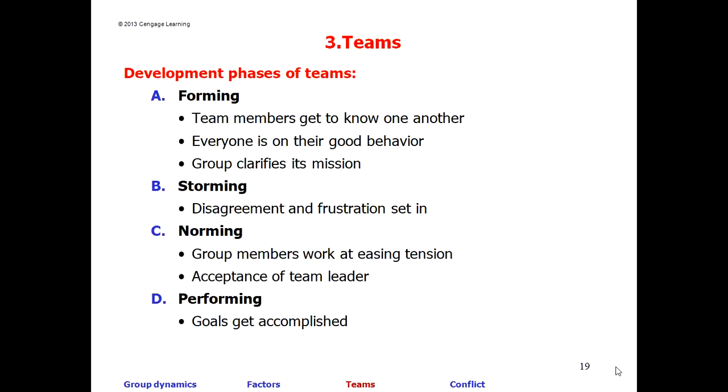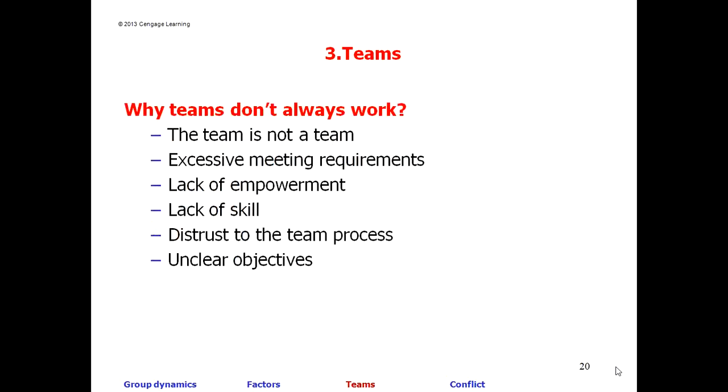That is, forming: a team is forming, team members get to know one another, everyone is on their best behavior. Group clarifies its mission. Storming: disagreement and frustration set in. Norming: group members work at easing tension, then acceptance of a team. Then performing: goals get accomplished. So these are very important parts of this chapter, the development phases of the team, and